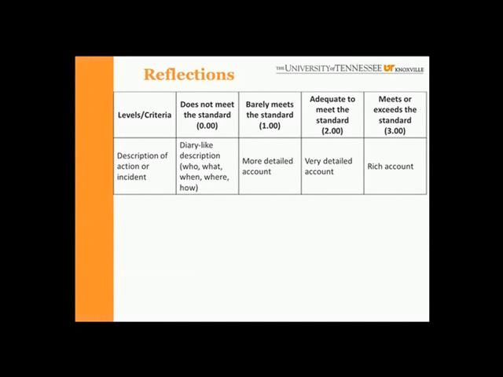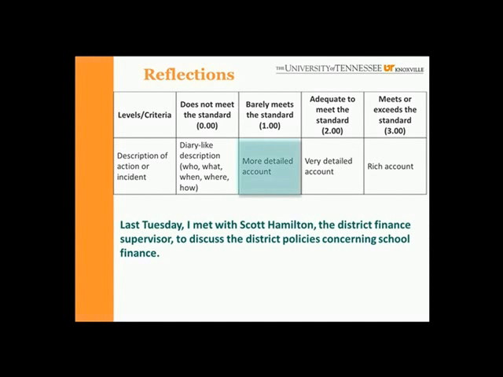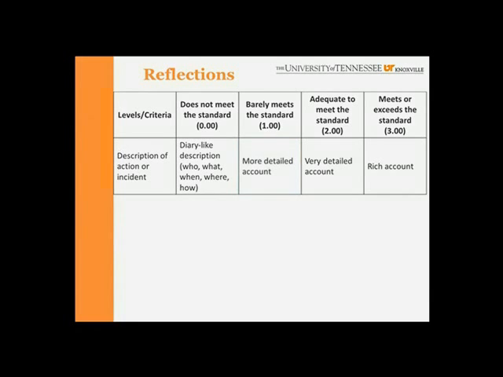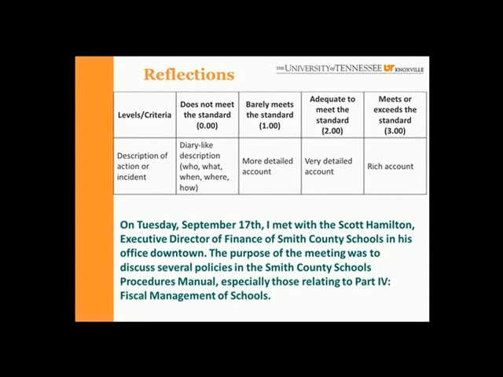In this next example, we see a slightly more detailed account of the same event. In this next example, you can tell that the details of the event are becoming much more detailed than before.